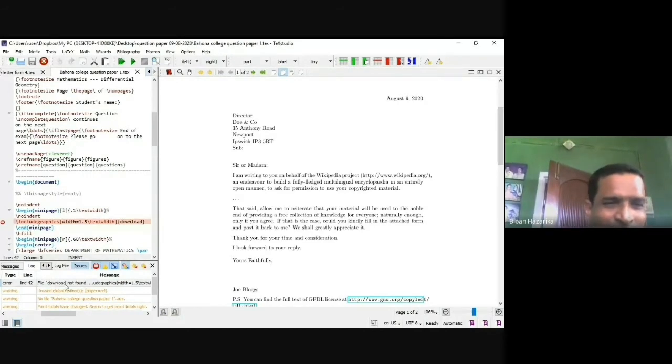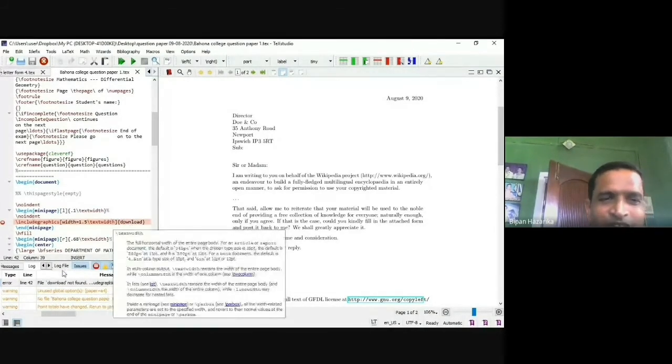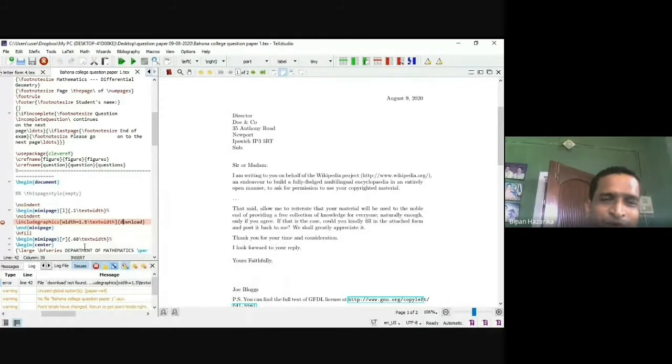Error means what? In previous files it ran automatically and you saw the PDF. But here I ran the question paper file and did not see our PDF, because here you see a red line. That means something is wrong in this text file, because I have used include graphics. One graphics file is called here, but that file is not in my folder. Because of that this file does not run. If you make mistakes, you can learn many things. If you do not make mistakes, you cannot learn. So I made a mistake here.